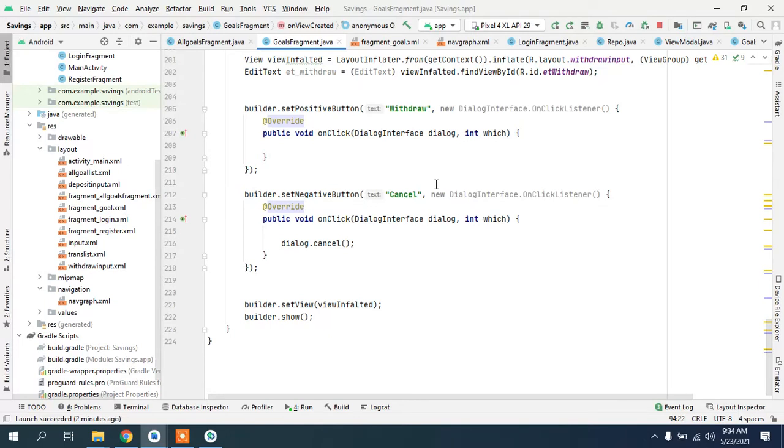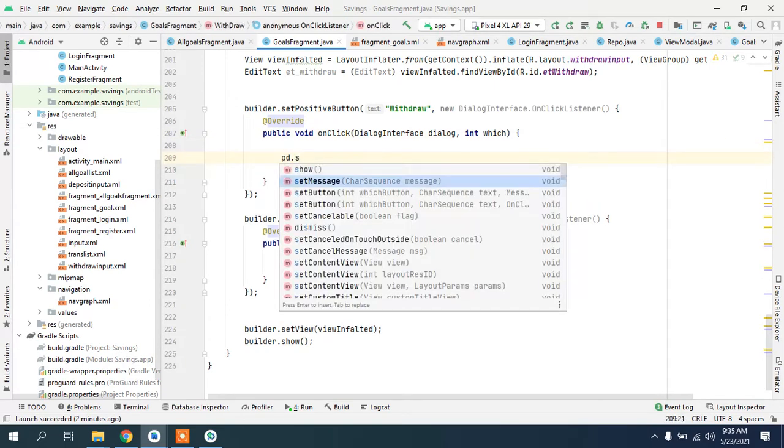For the withdrawal, it's kind of the same, but obviously we have to do some extra steps because this will handle the subtraction and everything. So first off, let's set message